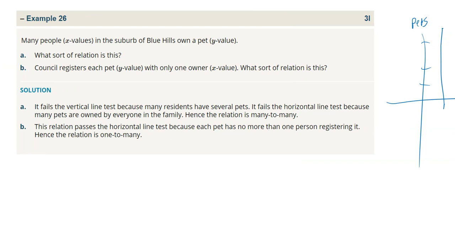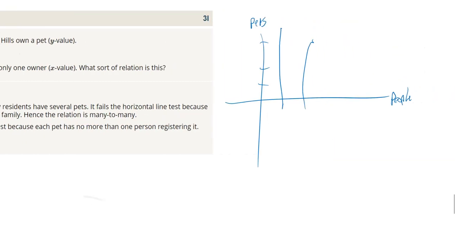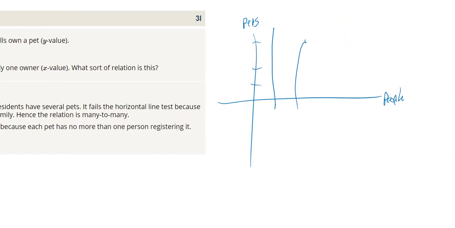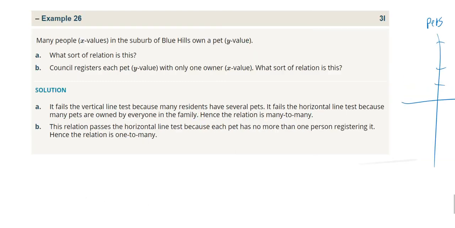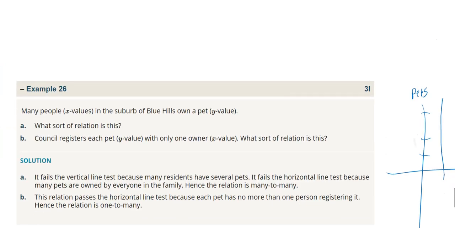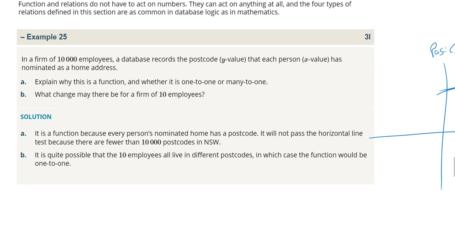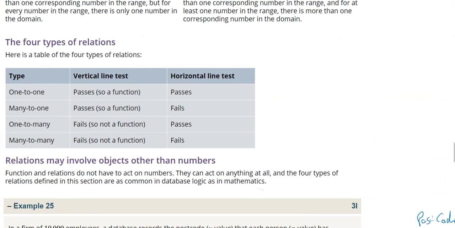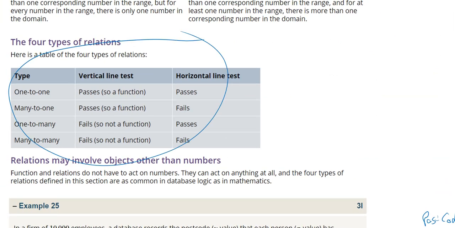Councils register each pet with only one owner. What sort of relation is going to happen there? One to many, yeah. Well, I mean, it's written there, but yes, so essentially one person to many pets. You could have 3 pets and they're all registered to you, so a one to many situation there, and that's it. That's us done. So just briefly going back, the other version of this that I was thinking about was